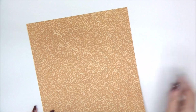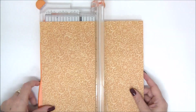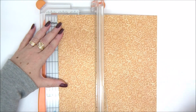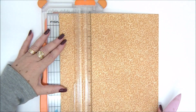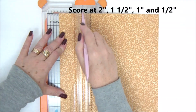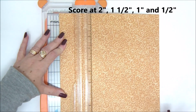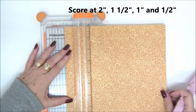These will be great for your holiday photos, for your vacation photos, for any photos that you want to display. You have all the measurements and cutting guide and instructions in the link under the video, so you can go ahead and download that. So we're going to start by scoring at 2, 1.5, 1, and 0.5 inch on all 4 sides